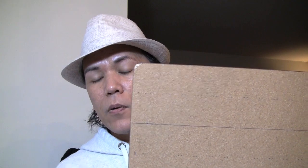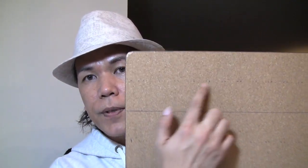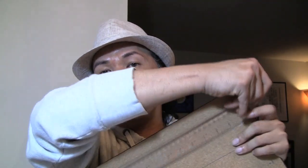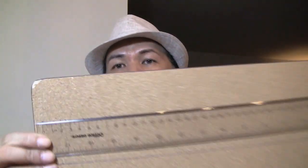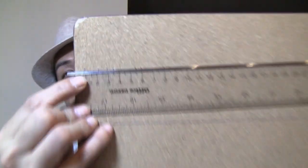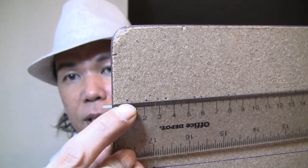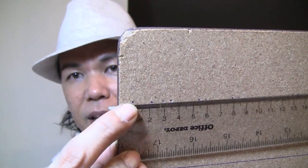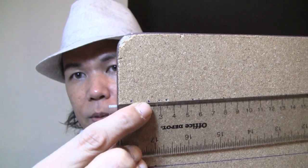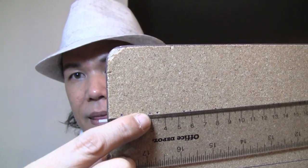Now what I'm going to need to do is for each of these rows, determine where the center is, and mark that with my ruler. Just place your ruler right in the center of each of those rows. What you're going to want to do, which I did over here, is place my 0 right on the edge. At 1 centimeter I marked my first dot, so that gives me a 1 centimeter allowance from the edge. And then you're going to mark 2 centimeters, and after that 2